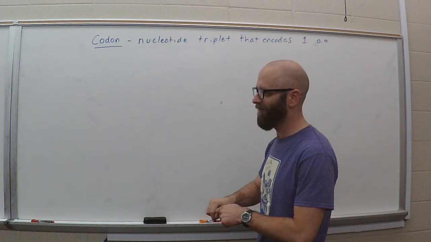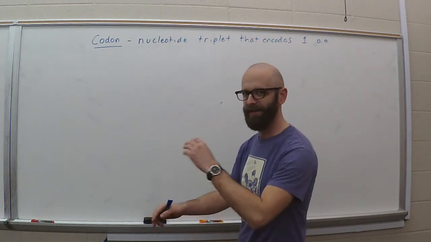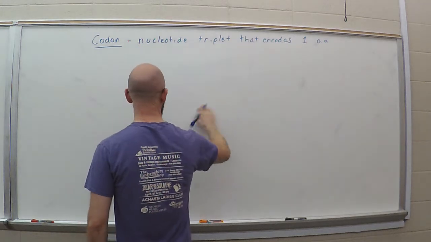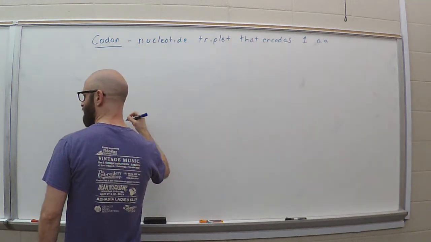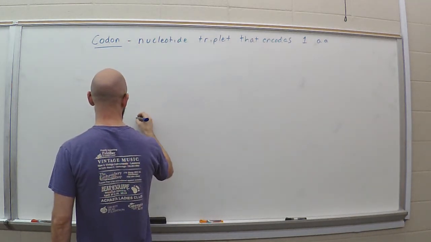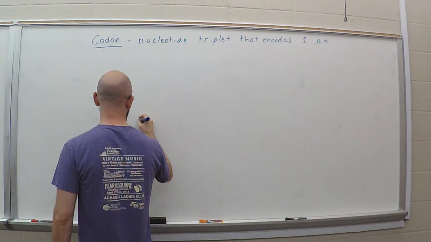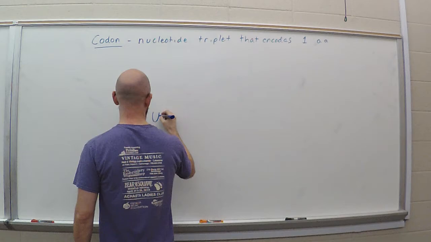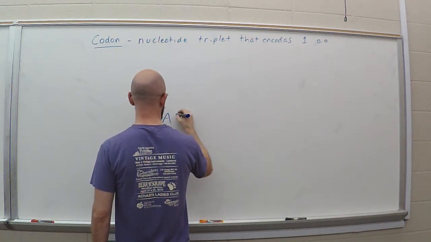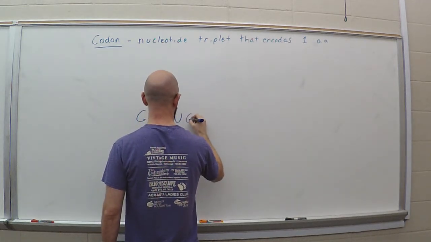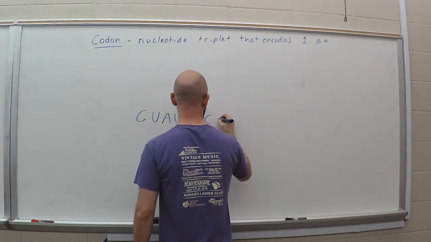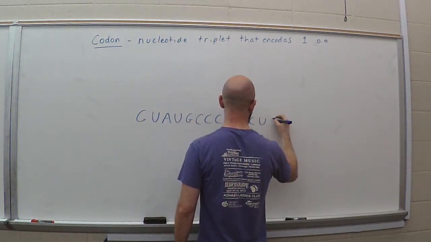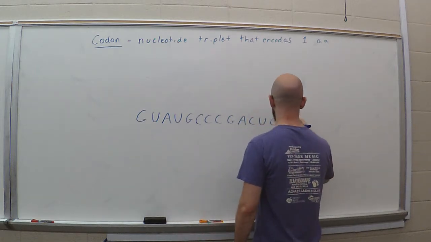So for example, let's say you've got a sequence of nucleotides that goes, let's see, G, U, A, U, G, C, C, C, G, A, C, G, C,